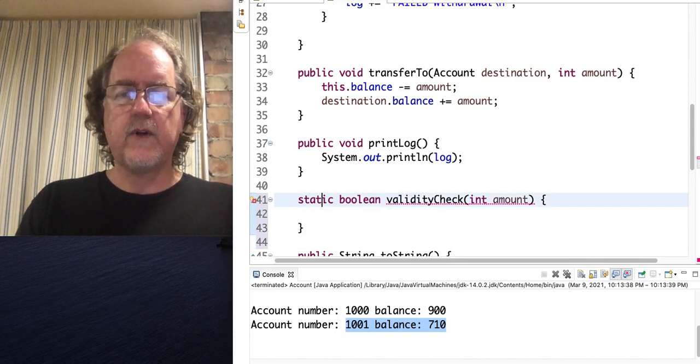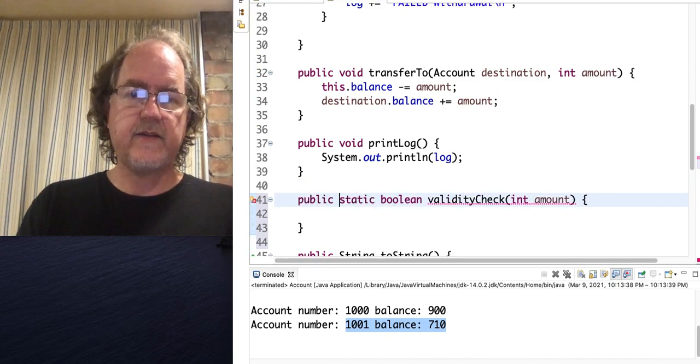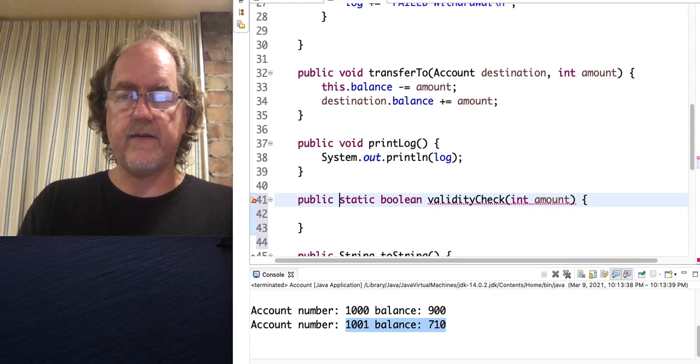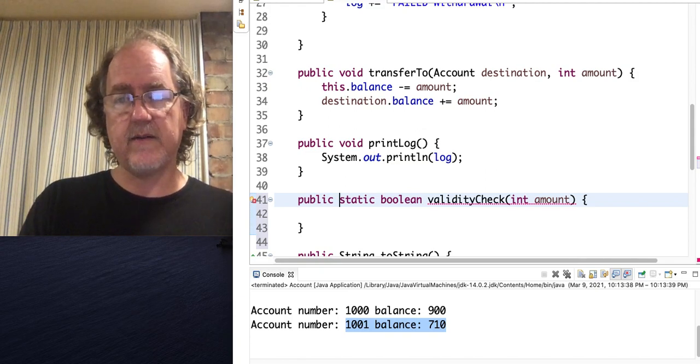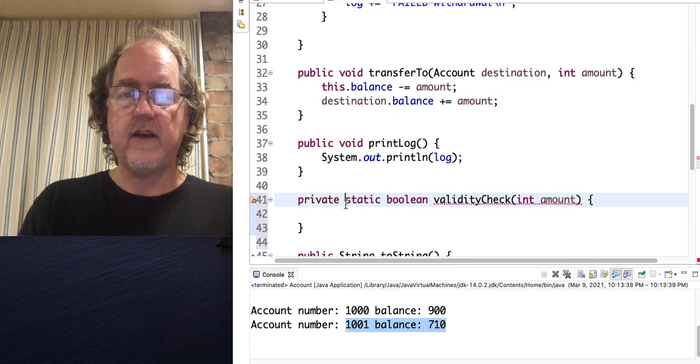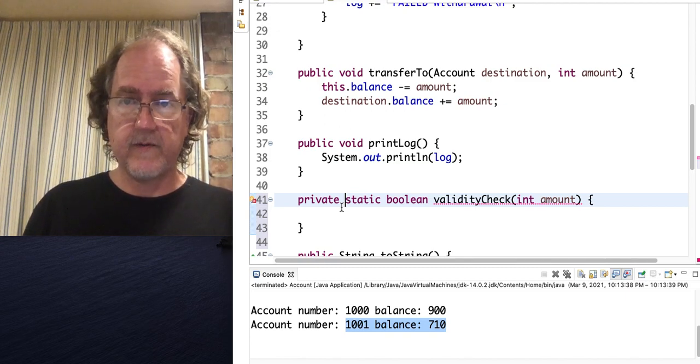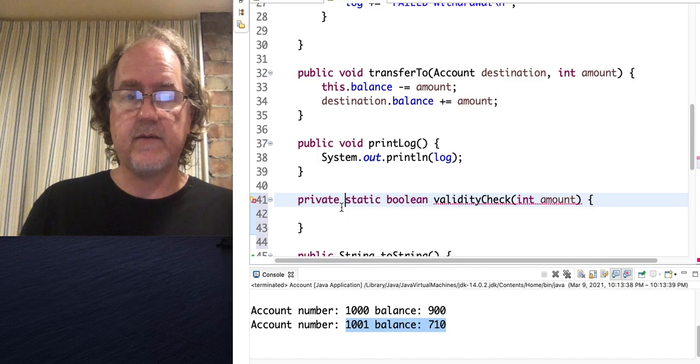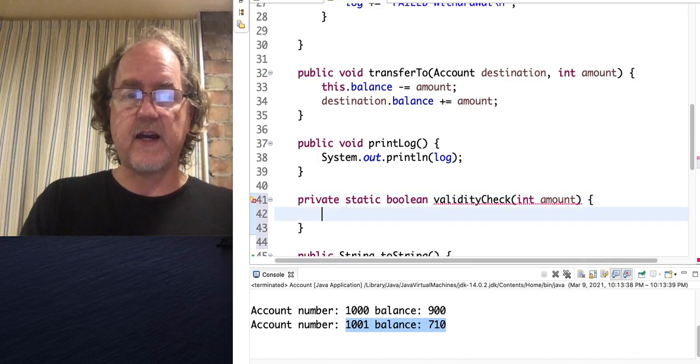And the question is also, should this be a public class or a private one? Well, let me just say, if its only really reason for existing is to help out other methods in the class, maybe this should be private. In other words, it can only be used or called from code inside the class. If it has some larger purpose, like it does some service for people outside the class, then it can be public. But this one, this validity check, is probably private in the sense that I'm sort of checking some